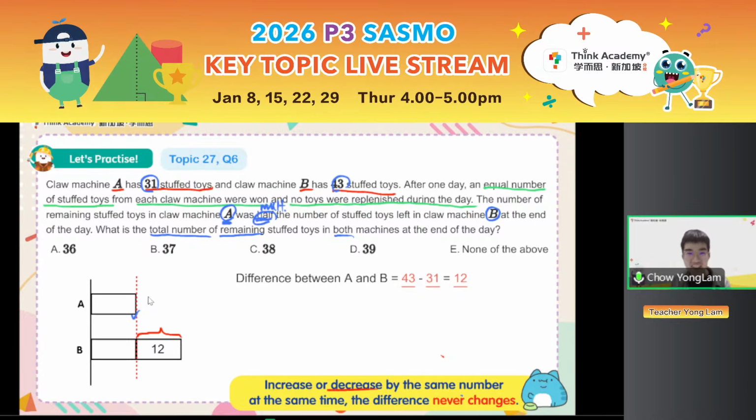Now I'm asking you the total number. How many units is 12? 12 is equal to how many units? 1 unit, correct, very good. 1 unit is 12. In the total, there are how many units? Or you can count them one by one also can. At the end of the day, how many units are there in total? There are 1, 2, 3 units. So can you find out the answer? 3 units is equal to? Whoa, very good job. Right, 12 times 3 or 3 times 12. It is equal to 36. So my answer is 36.